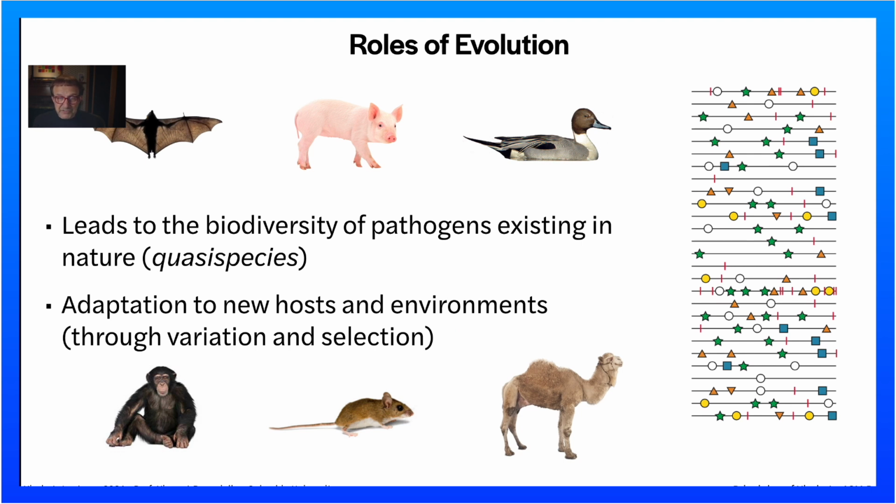But many viruses exist that could infect humans, but they never encounter humans. Now, SARS-CoV-2 existed somewhere in a bat, and it was brought into an animal market and contacted humans. So we facilitated its contact with humans by bringing in animals from the surrounding area to Wuhan that had been in contact with bats, which had the virus. And then in the meat market, it spread to humans. So you have lots of mutants existing in the animal reservoirs, and those mutants allow adaptation to new hosts and environments. That's how evolution plays a role in emergence.